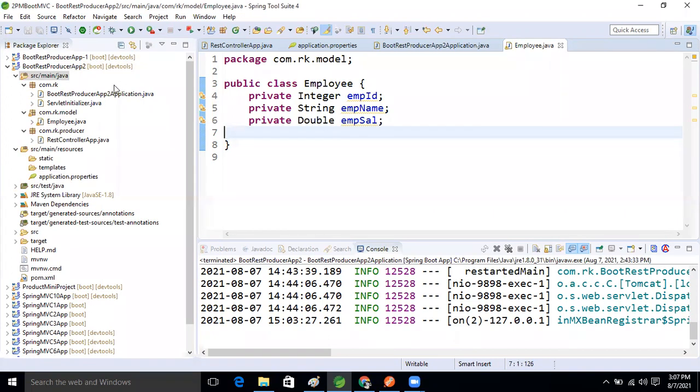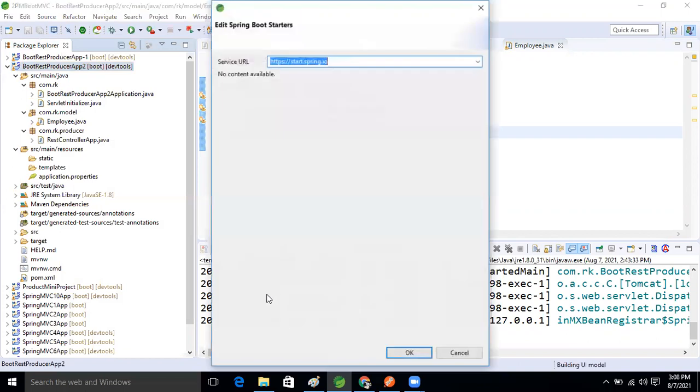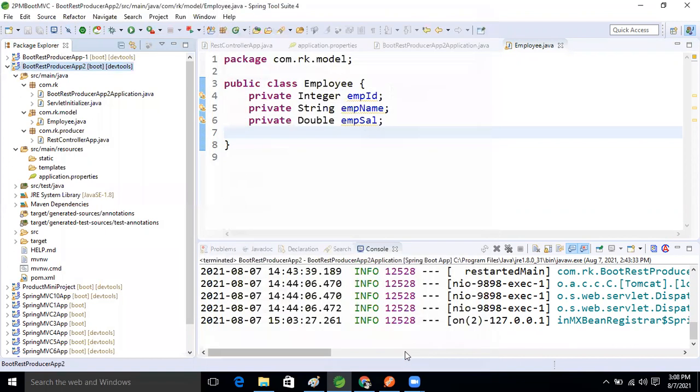Right click on the project, choose Add Starters, and select the Lombok API.